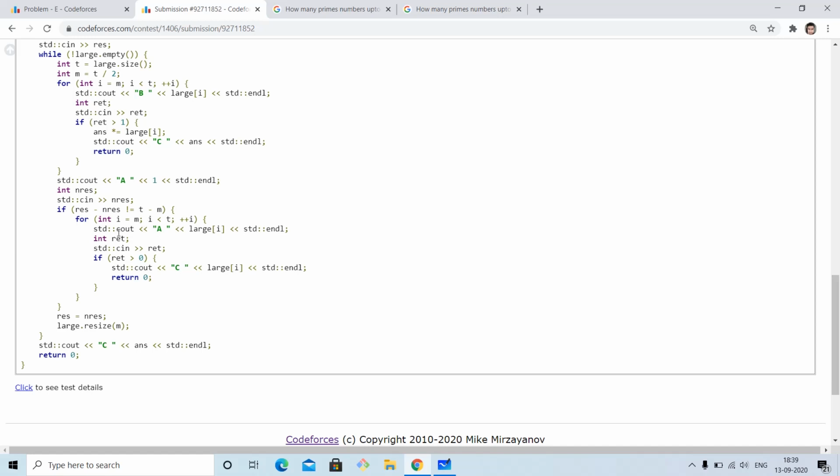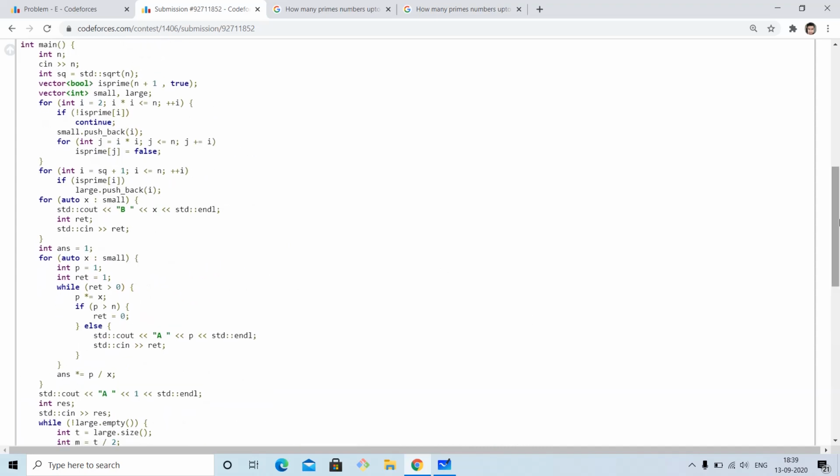So we will process an A query corresponding to that. If it is greater than 0, that is, it is 1, then that large prime number is itself the final result. Otherwise, we will shrink our search to the size of the number of elements which are remaining now, and then we're going to do this again and again till we find that large prime factor, and then in the end we will output the answer. So in this way we will do this thing. I hope you understand it a little bit better today. So with this note, I terminate now.